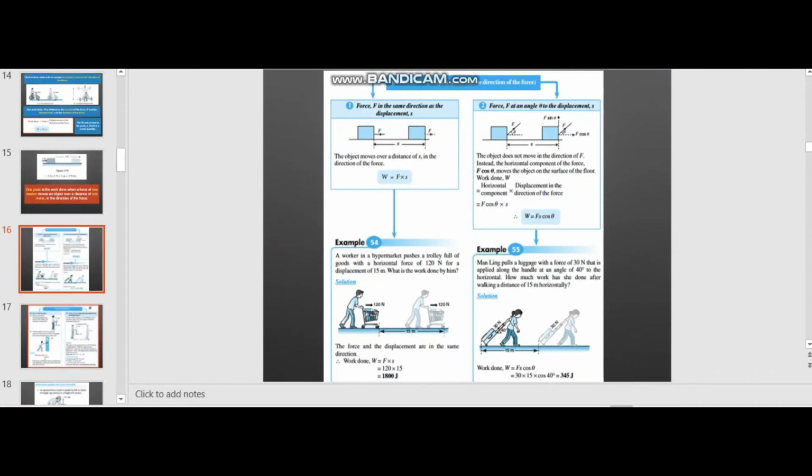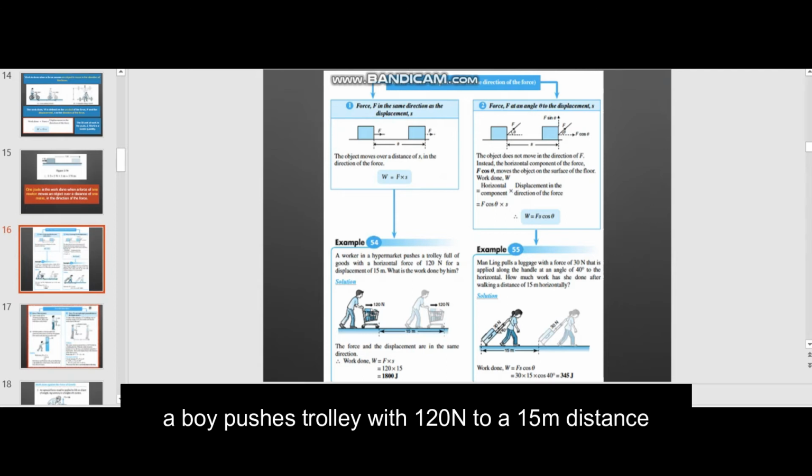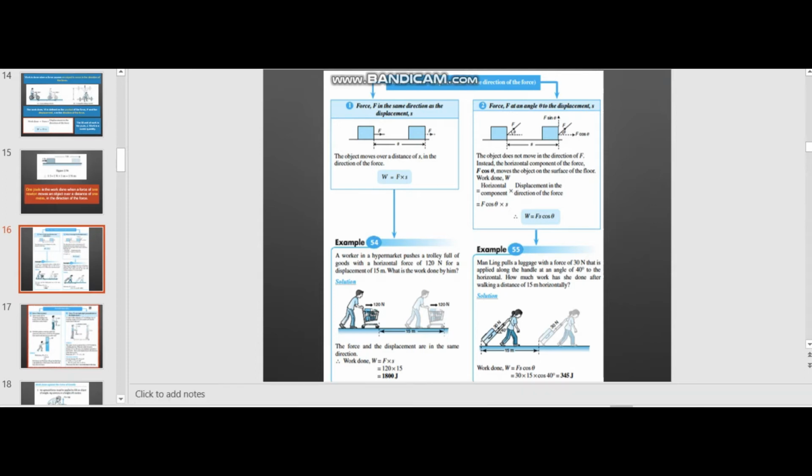For the first example, a boy pushes a trolley with an applied force of 120 Newton over a distance of 15 meter. So the work done can be calculated as 120 times 15, which is equal to